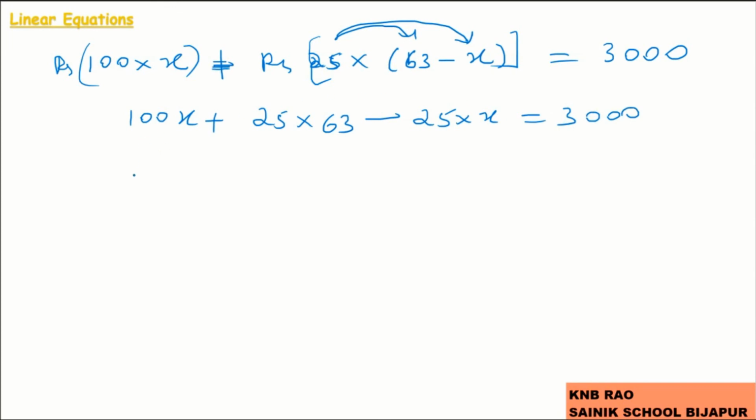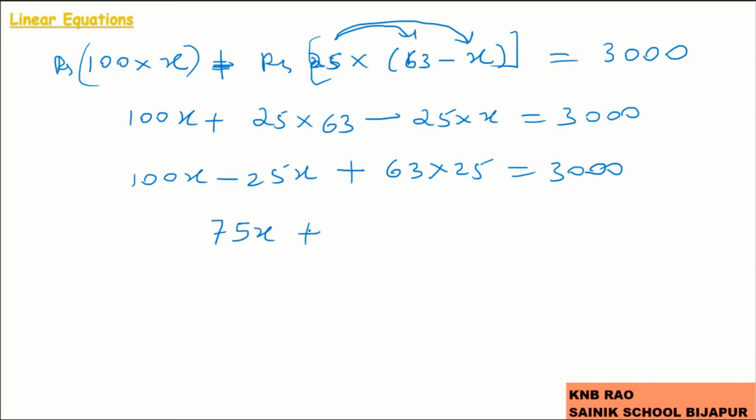You know 100x minus 25x are like terms, plus 63 into 25 equals to 3000. This 100x minus 25x is 75x, plus 63, 25 when they are multiplied, the product is